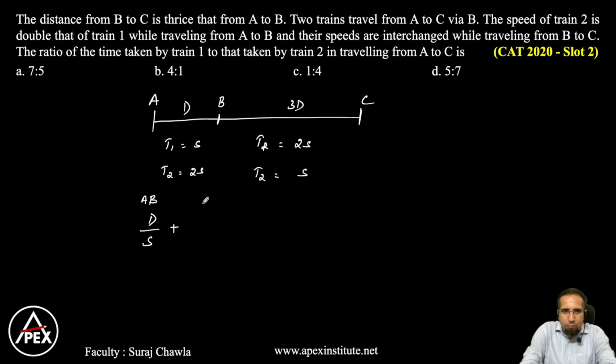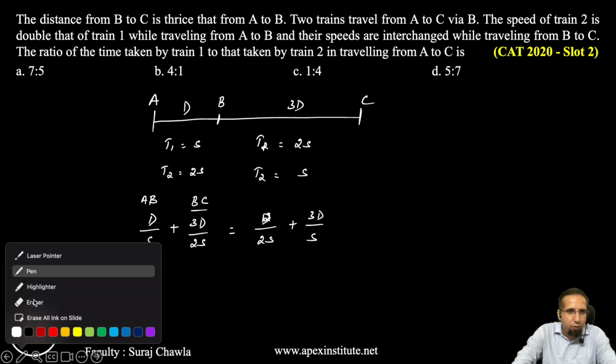Clear? Similarly, from B to C will be 3D by 2S, which is equal to the time taken by train 2. That becomes D by 2S plus 3D by 2S. Now I can take D by S common on both sides. Sorry, I want the ratio, right? If I want the ratio,